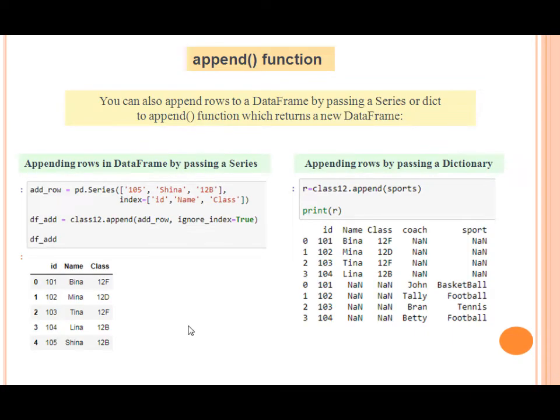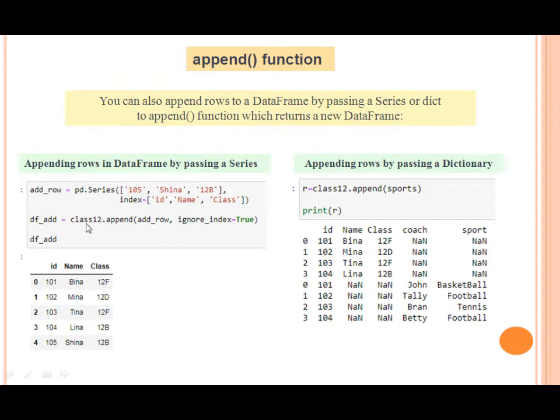First one is the append function. Children, the append function is used to add more rows in the data frame. So the first method is appending rows in the data frame by passing a series. Means by passing the list, we can add more rows in our existing data frame. See the code? pd.Series I had written like this in the form of a list with the specific index values, and